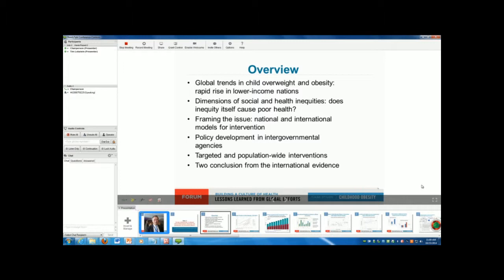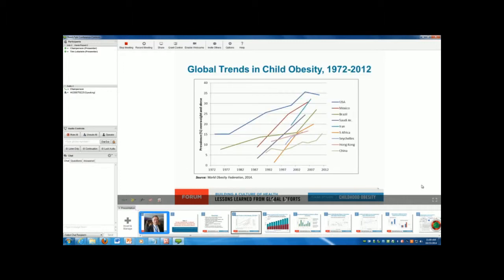Okay, that was the overview slide. I hope you're getting this one now, which is just the trends in child obesity. You have the USA there along the top. You'll be familiar with those, child overweight, I should say. But to show that there are plenty of countries now that are rapidly reaching similar levels to the USA. Mexico, obviously, we've been talking about, but Brazil coming up fast too. Iran, South Africa. The rapid expansion of the obesity epidemic around the world is really quite dramatic, and I think that's one of the first points to make, and you've already been hearing about it from Barry and others.